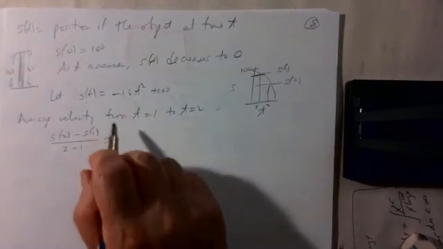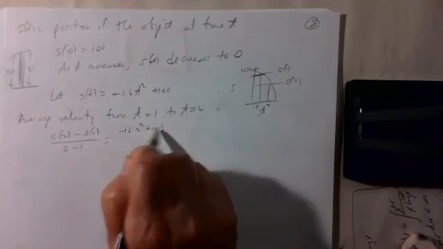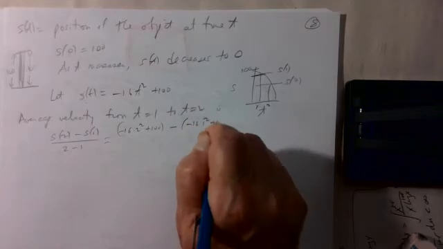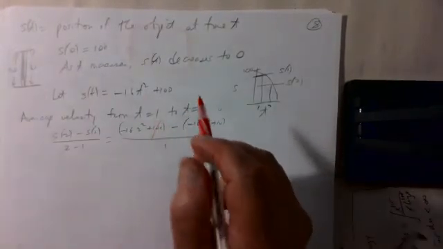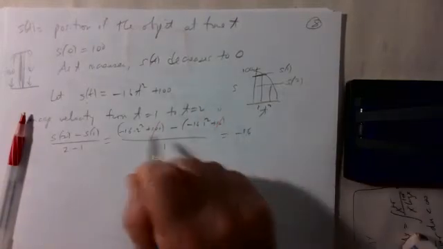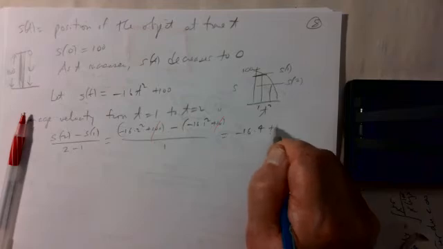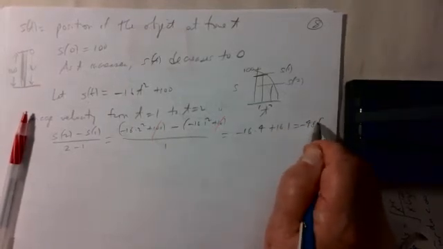So what is s of 2? S of 2 is minus 16 times 2 squared plus 100. And s of 1 is minus 16 times 1 squared plus 100, over 1, since 2 minus 1 is 1. Let's see, here I have plus 100, here I have minus 100. They cancel. So what I get is minus 16 times 4 plus 16 times 1, which is minus 48 feet